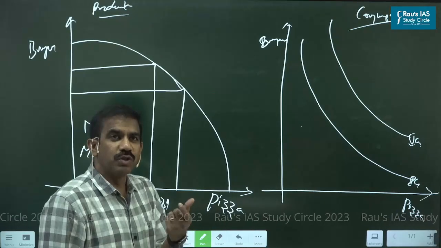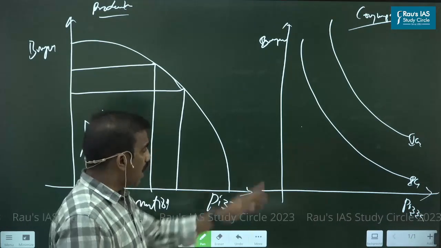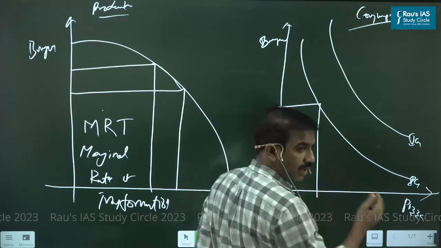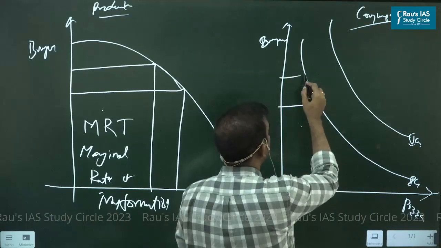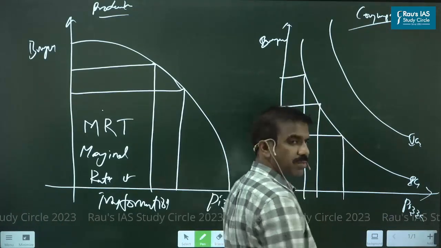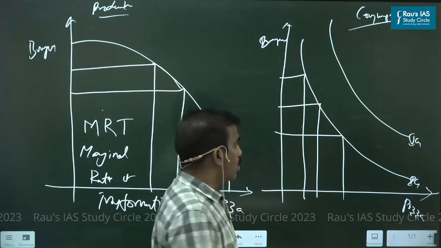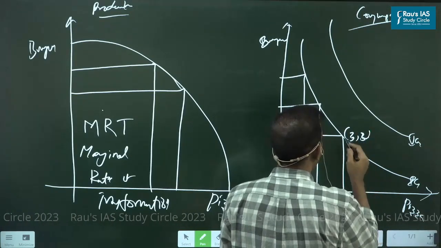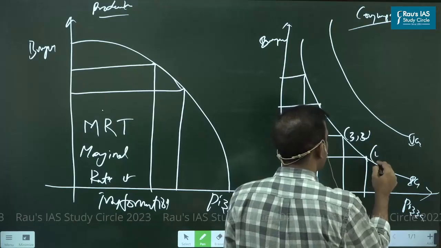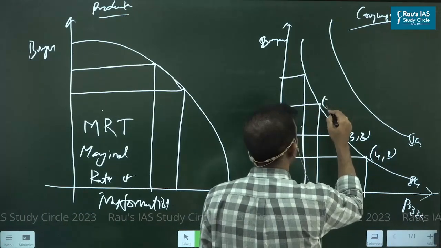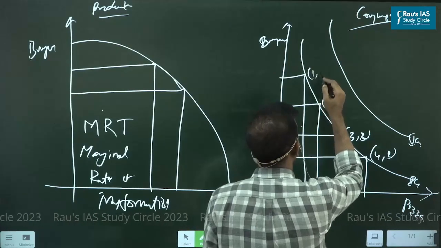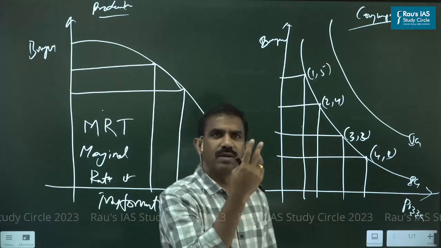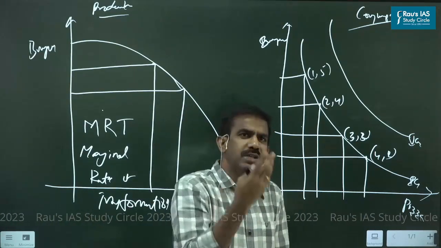You see what I'm saying? You are using a term called margin, meaning extra. And now look at this case. I happen to say this gentleman is equally happy with different combinations of pizzas and burgers. This gives you 3 pizzas and 3 burgers. This point gives you 4 pizzas and 2 burgers. This gives you 2 pizzas and 4 burgers. And maybe this gives you 1 pizza and 5 burgers. So there are different combinations possible, and he's equally happy. He's quite indifferent in consuming any of these baskets because he derives the same satisfaction.